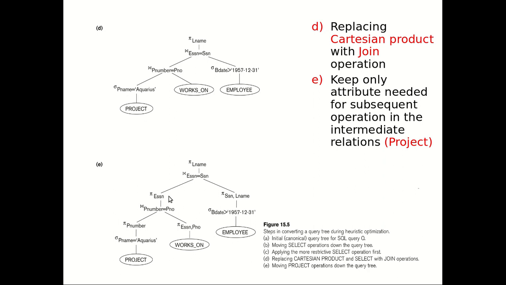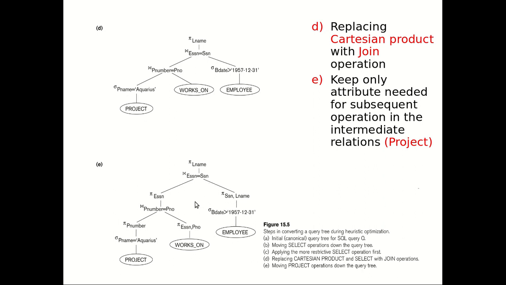Now, in this join relation, what we are interested in is only when we want to join together the employee with the resulting relation from the subtree. There also we are interested only in SSN, and here SSN and LName. LName is the data that we require. Therefore, from each of the relations you can apply a project operation with the bare minimum set of attributes that are required in each of the